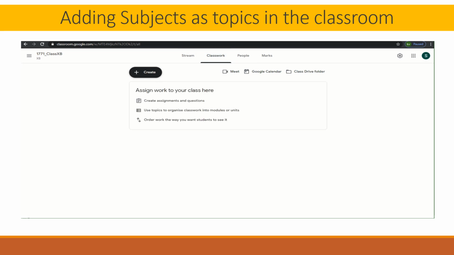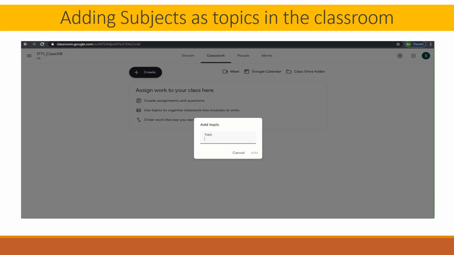Once you click on it, you get the create button. Here create assignment, quiz assignment, question, all these things are there, but according to the schedule, according to the convention given by the RO, we have to first add the topics. By topic here we mean subject. So I am first adding a topic. For 10th B, first mathematics or maths. So this will be a topic added.